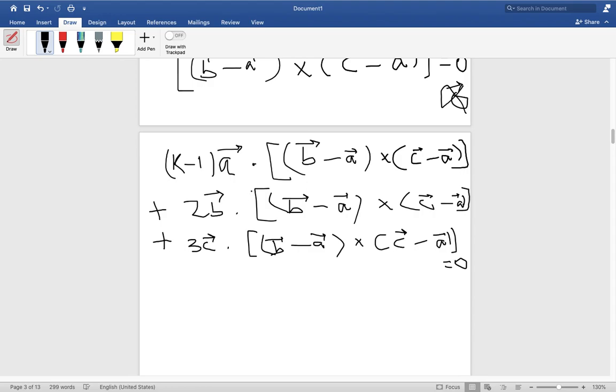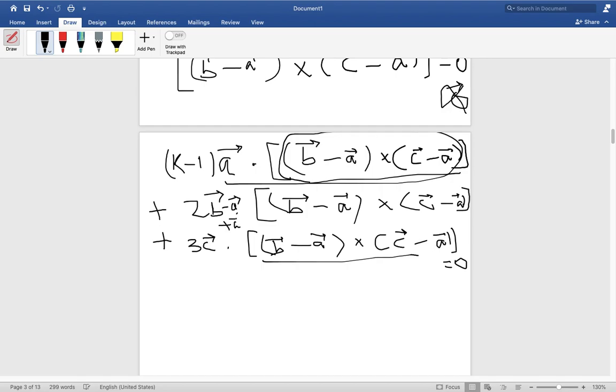Okay, now what do I have here? I have a dot b minus a cross c minus a. I don't know what is the value of this vector. This is the normal. I don't know the value of the dot product of b with this normal vector or the dot product of c with this normal vector, but I do know the dot product of b minus vector a with this will be 0 because b minus a will be perpendicular to this vector. Similarly, c minus a is perpendicular to this vector. So I can change these to b minus a